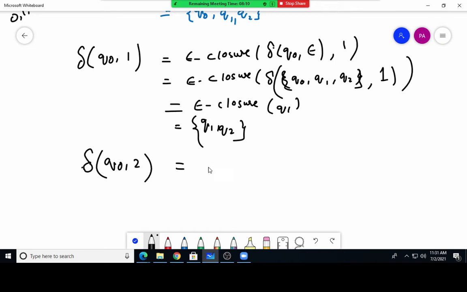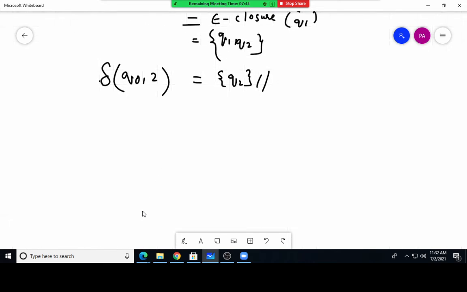Here you will get the answer Q2. Directly I am writing the answer. The same procedure we followed for Q0 comma 0, Q0 comma 1, Q0 comma 2. Okay, next one is